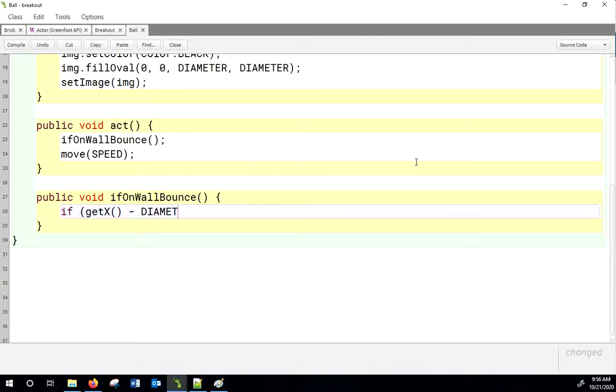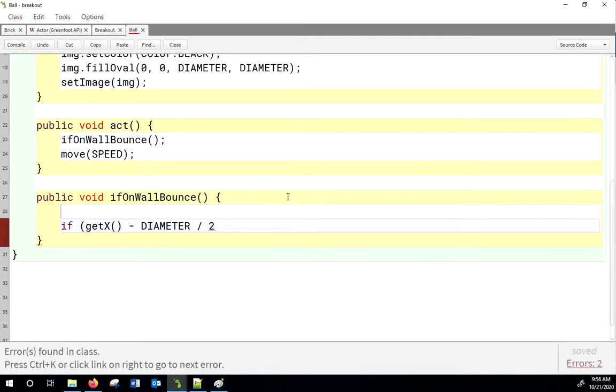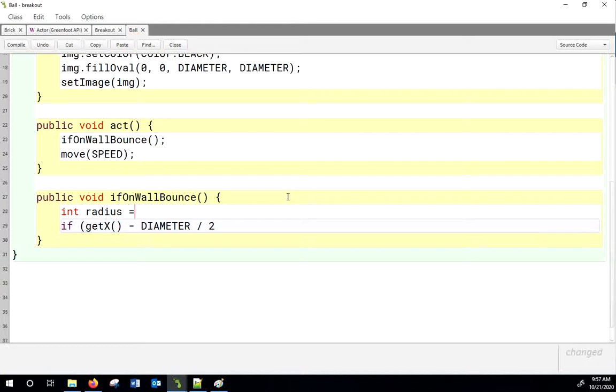So the center of our ball is the x coordinate we get from saying get x. If I take the diameter of the ball and divide that by 2, that's the radius. So get x minus diameter divided by 2. If you want, you could say like int radius equals diameter divided by 2. Then I can just say, hey, if the center of the ball minus the radius,